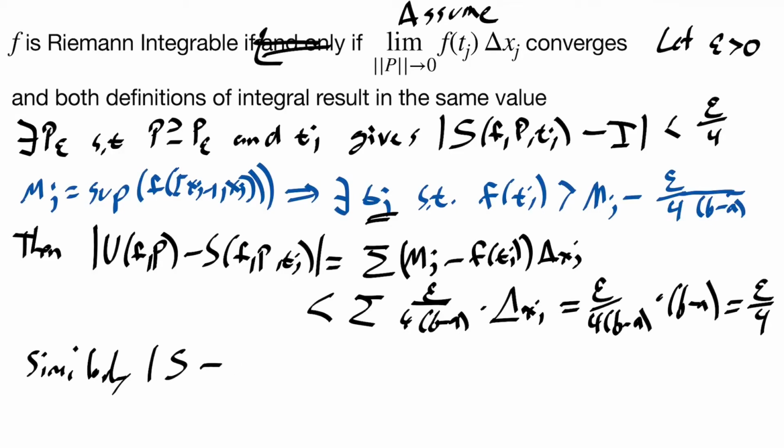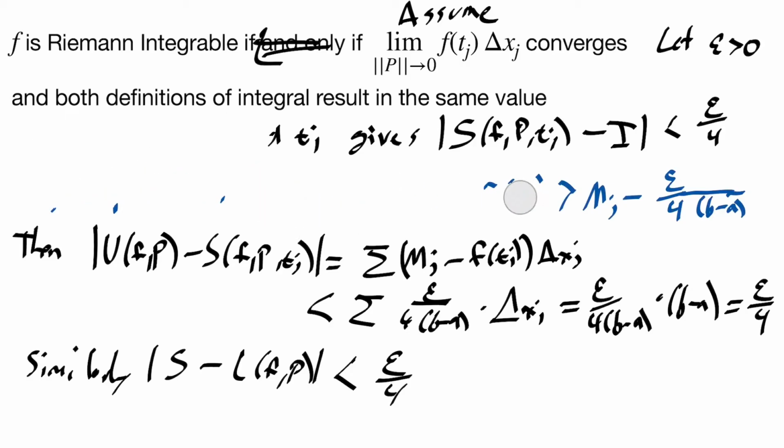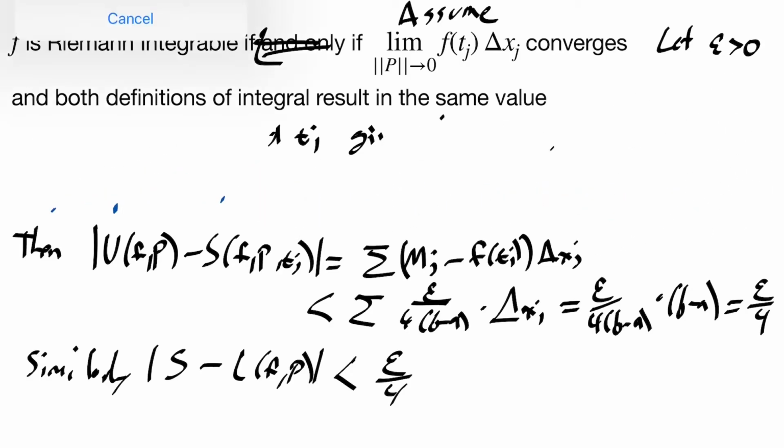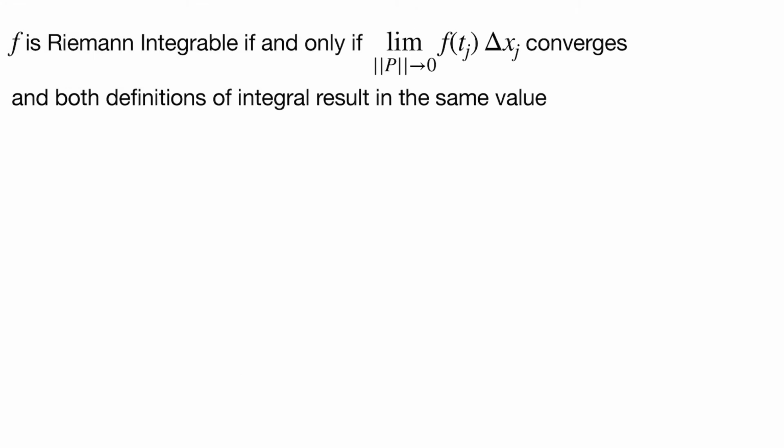if I take s minus L of P, that is also going to be less than epsilon over 4. Okay, so now we're ready to start gluing stuff together. And the way I'm going to glue stuff together is this. Let me erase some things here. Maybe I'll just clear the whole page. So the way that I'm going to glue some stuff together is I'm going to notice, well, therefore,